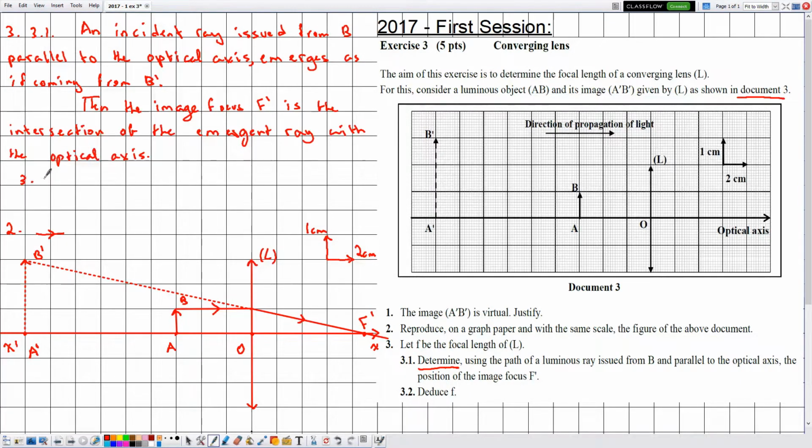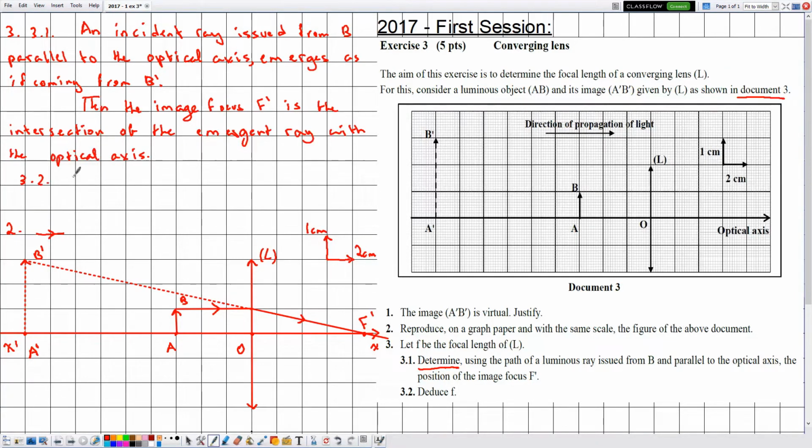Now in 3.2, they are telling me deduce f. So what does f represent? f represents the focal length of L. In other words, we need to calculate f, and they told me deduce because we need to use the part just before, in which, in part 3.1, we determined the position of the image focus. So now we know the position of the image focus f prime, and we already know the position of the optical center. We can calculate f graphically, and whenever we need to calculate the focal length, we always start by